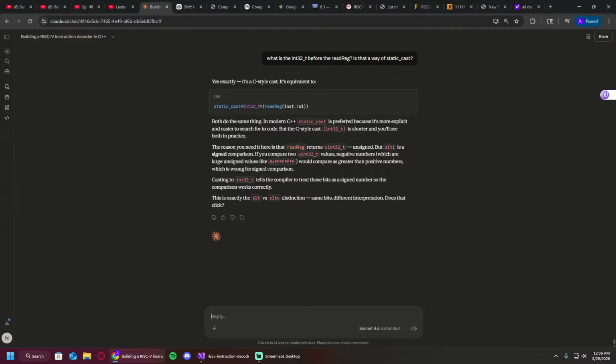Well, right here it says, okay, so static casts are preferred because it's more explicit and easier to search for in code. Sure you can see. Okay, so